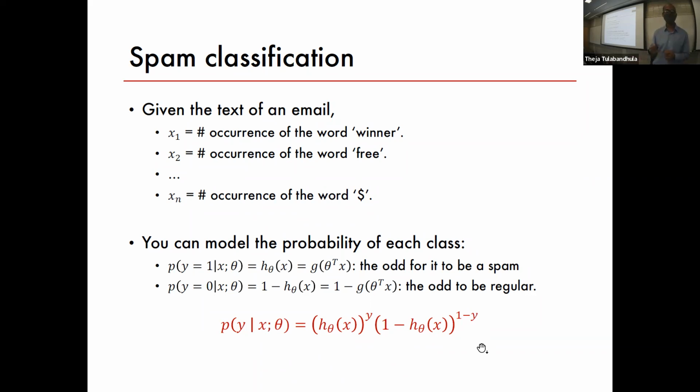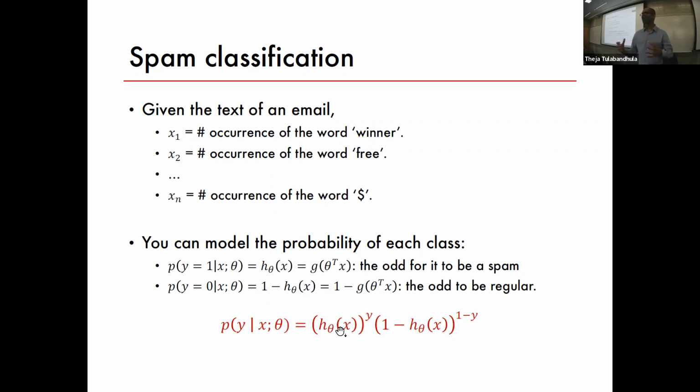We could have written the probability of y given x and theta slightly differently, right? We could have just written, if y is equal to 1, then it's h theta of x. If y is equal to 0, then it's 1 minus h theta of x. That's what the previous two sentences say. Instead, we wrote it in a compactified notation: if y is equal to 0, then only this term survives, because anything to the power 0, we're going to assume that it is 1. So if y is equal to 0, then it's 1 minus h theta of x, and if y is equal to 1, then this term doesn't survive because it's to the power 0. So this term is gone, and we only get h theta of x.